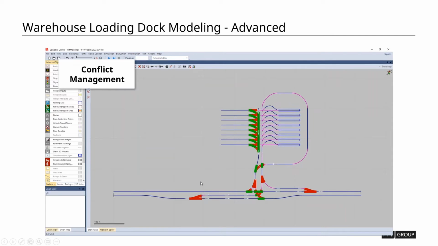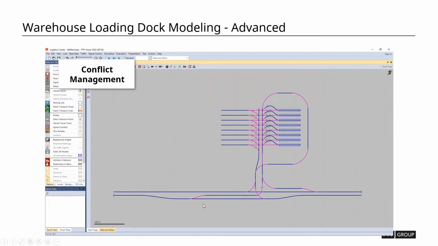Conflict management, there's nothing very special about it. Typical crossing and intersecting and some of those merging behaviors are taken care of with the conflict areas. And in this particular case, there's something